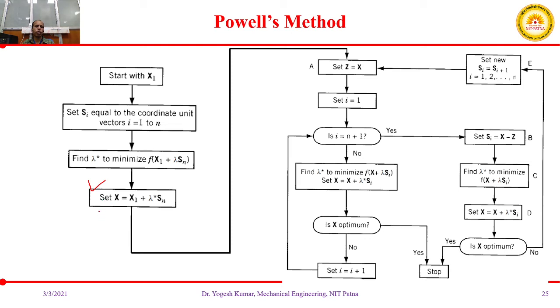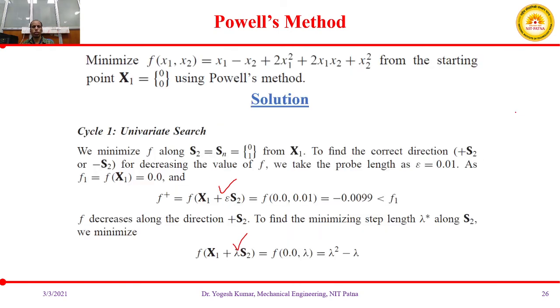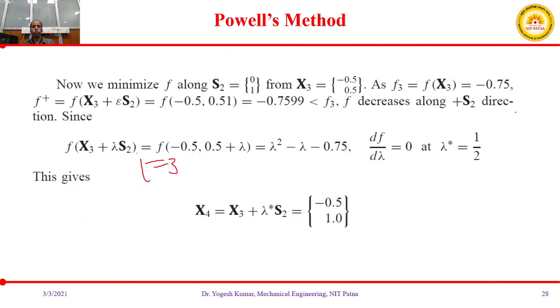After this first iteration, you got the value of x2. So this x2 is continued to this point, and you have z equal to x2. So here, in place of z you have x2, in place of x you have x4. Okay, so as soon as your I is equal to n plus 1, yes.